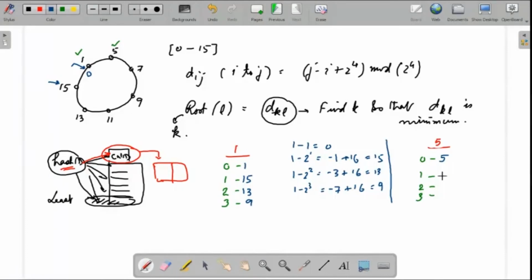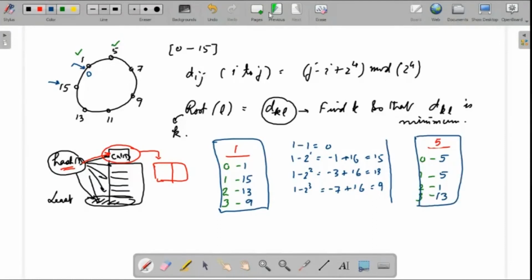When I am going to insert a node 3, it should become 3. It will not actually become 3 through routing table exchange, depending on which bootstrap node it chooses. So I will be choosing 9 here. So 5 minus 2 will become 3, and the root node will be 5 here. 5 minus 4 is 1. So 1 does exist, so 1 will be here. 5 minus 8 is minus 3, so minus 3 plus 16 is going to be 13 actually. So this will be the next entry. So this is what I have got for node 1, and this will be for node 5.